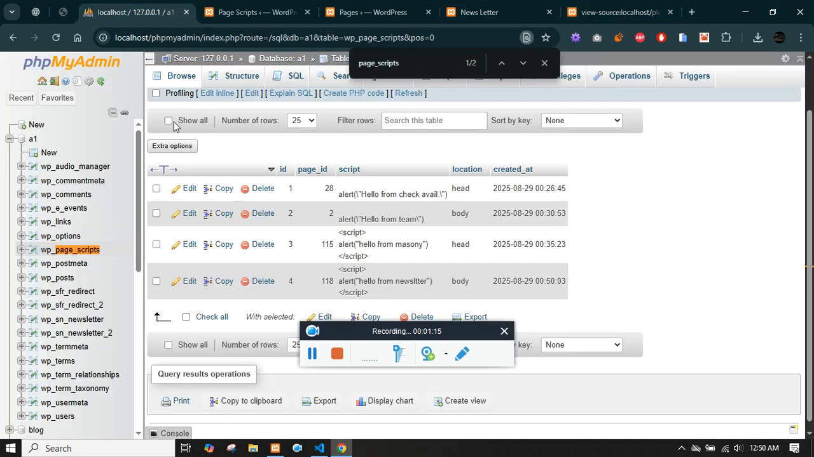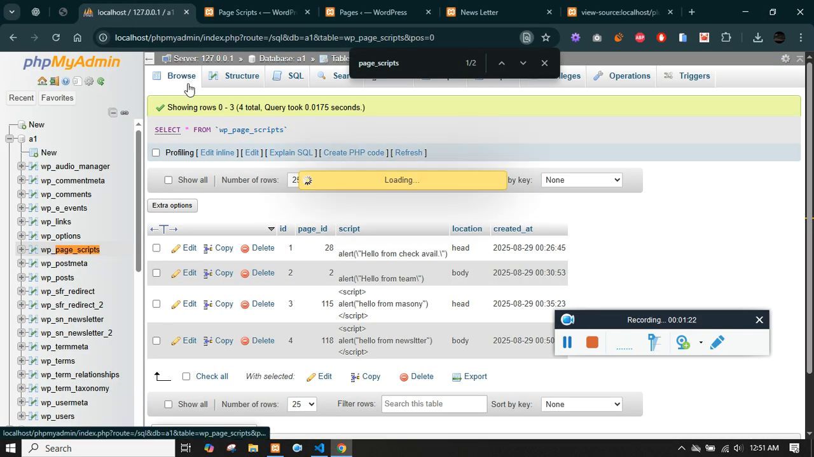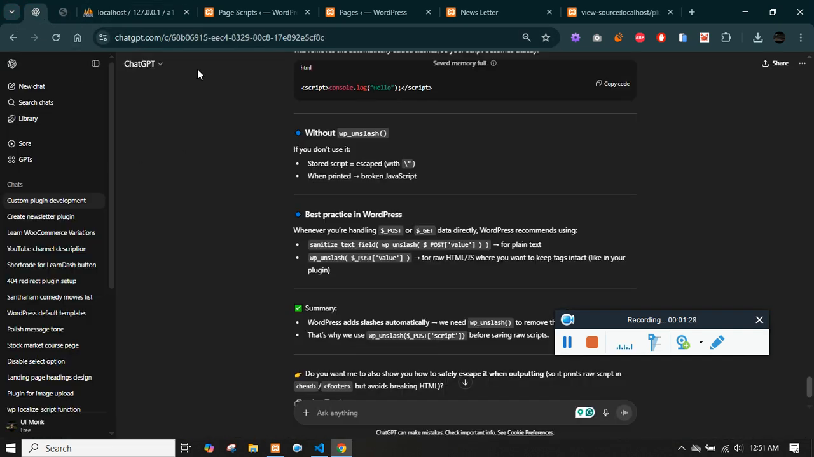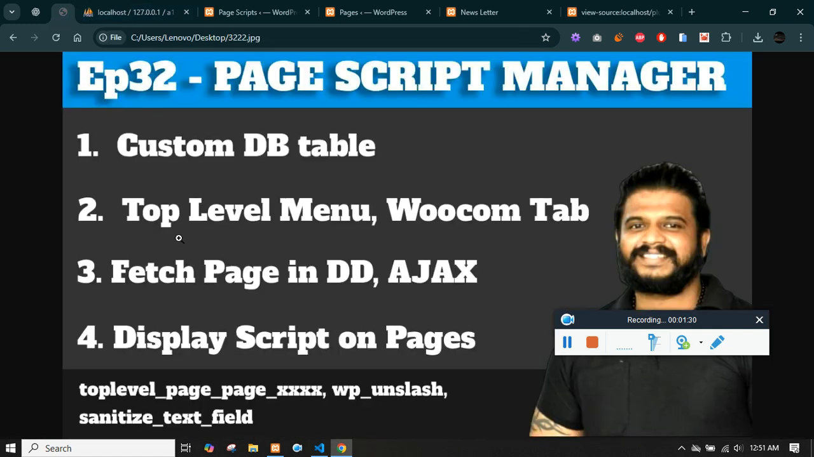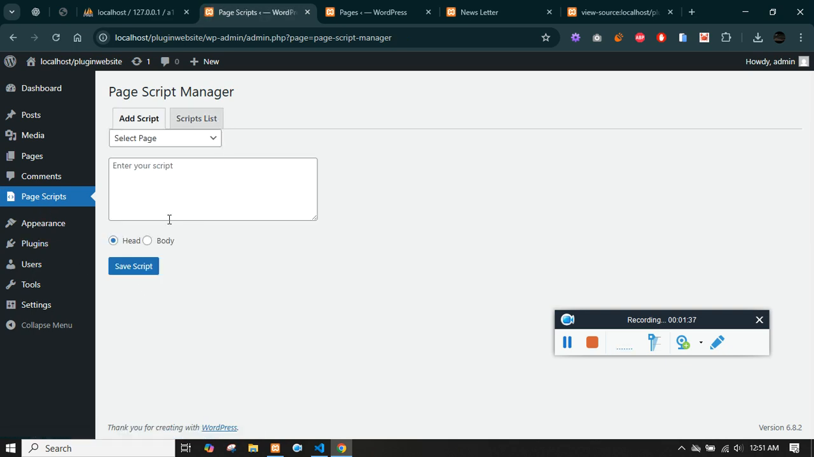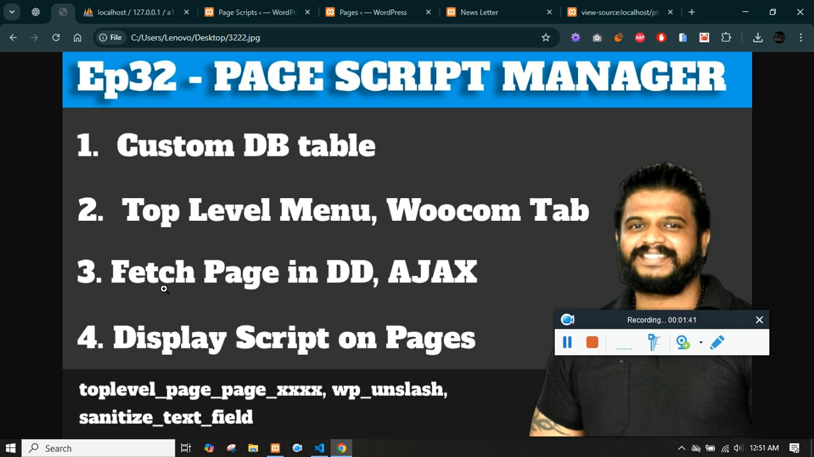Now let me show you what are the features that we are going to see. To create this plugin, we will be using a custom table, which is this one, and you see these are the data that got saved. And then what we have is, we'll see how to create a top level menu. So this page script is actually a top level menu. Once I click on it, you'll see the form and the drop down where the list of page shows up,